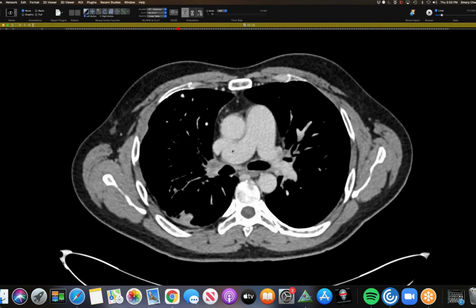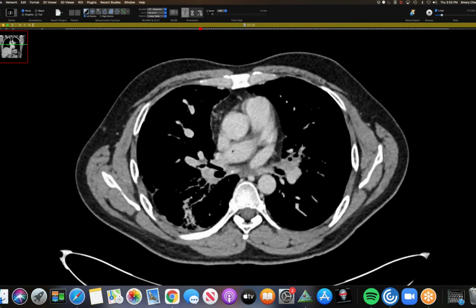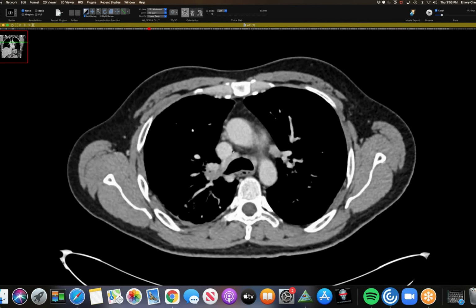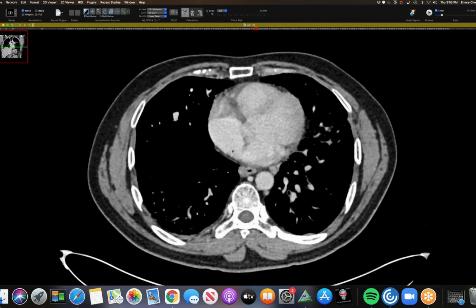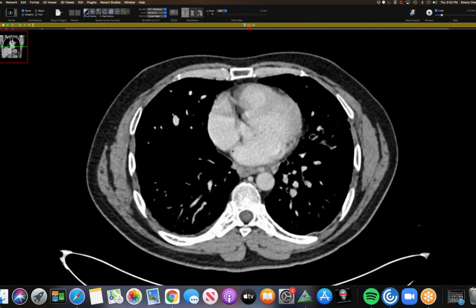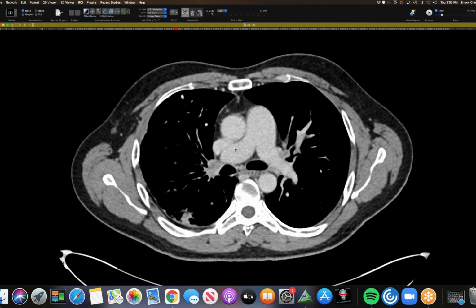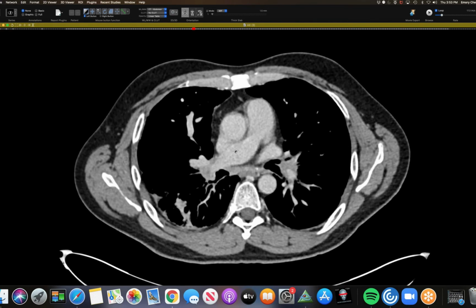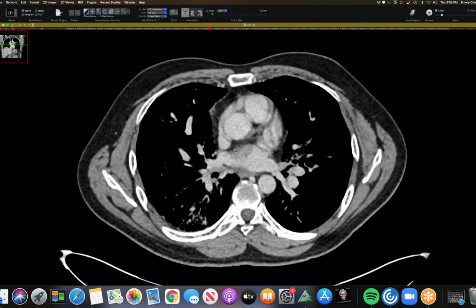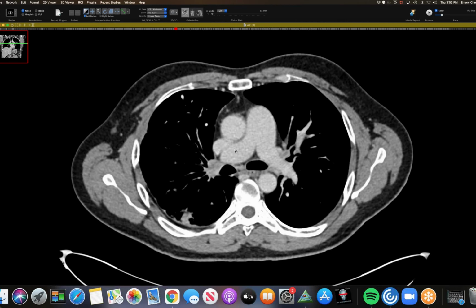Those nodes are also very low attenuation, which doesn't typically fit. Fibrosing mediastinitis from histo is much denser, but I have seen it with sarcoid, and it's been reported with TB, because those lymph nodes at the hilum, which are definitely causing mass effect, look very central low attenuation. That would make me think more TB or some other chronic granulomatous infection, not your typical histo dense calcified,